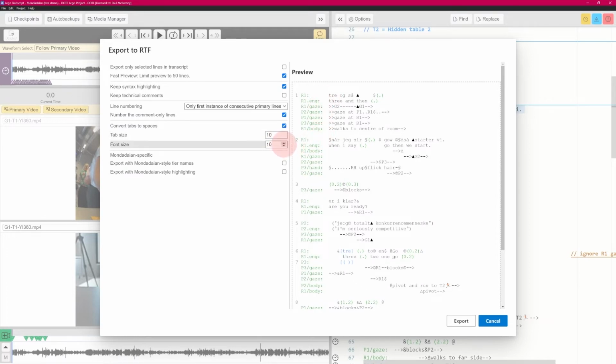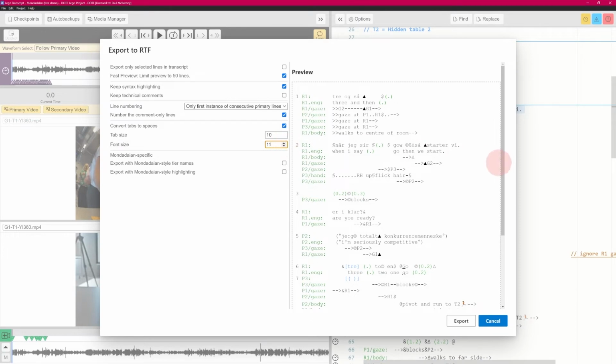We've got the font size. We could go a little larger and we're still okay. Yeah, we're not having any wrap over onto the next line. So this would be a nice font size maybe to export as. And then as we have so many subtier types here, both translation and action subtier types, we don't have any figure subtier types, but these are quite dense, then it's looking a little bit ugly, but this is necessary in DOTE so that we can better understand the transcript and give better help. But when you export, you might want to get rid of that, so we can export with